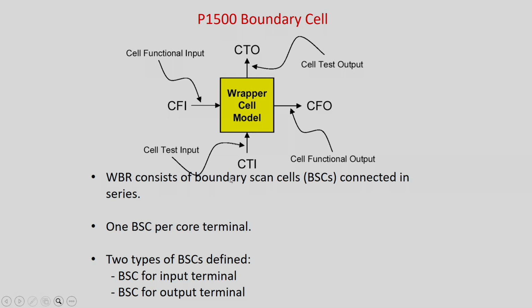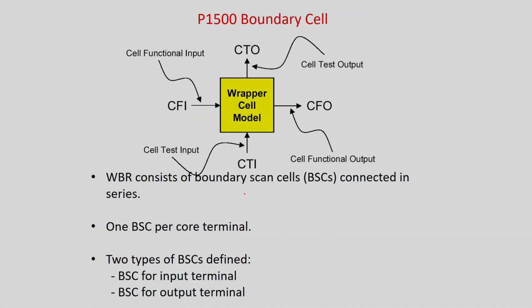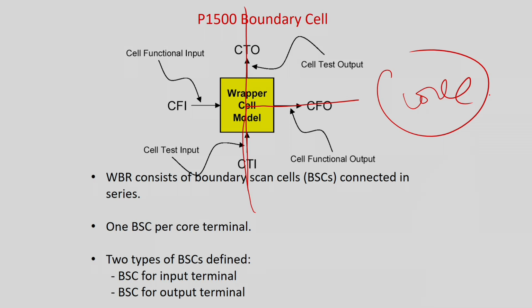is the scan input, scan output to the wrapper cell, boundary cell, or you can give it as a test input. This is input, normal cell functional input, cell functional output. That means it is something like this. It is going in and going out, and basically this is what is being scanned and going to scan output. So if you want to give a test pattern, it will be in this manner. If you want to give it to this is the core. If you want to shift some test patterns, this will be in this manner.